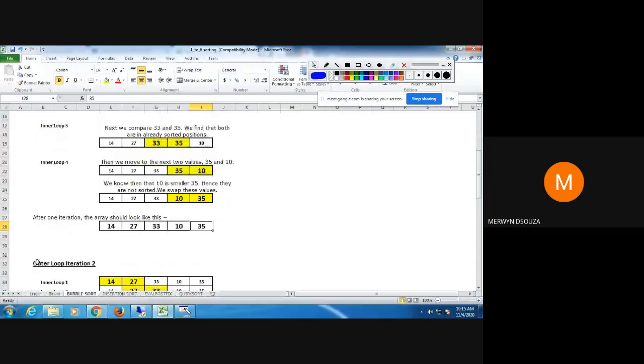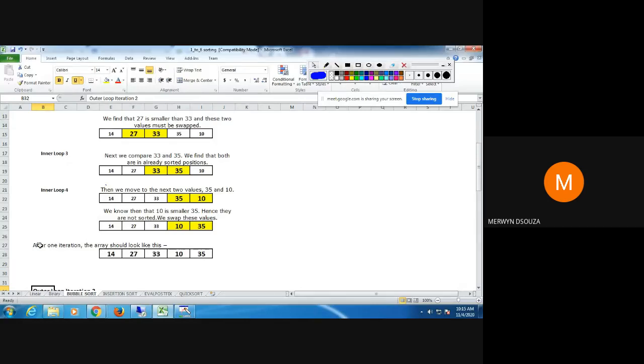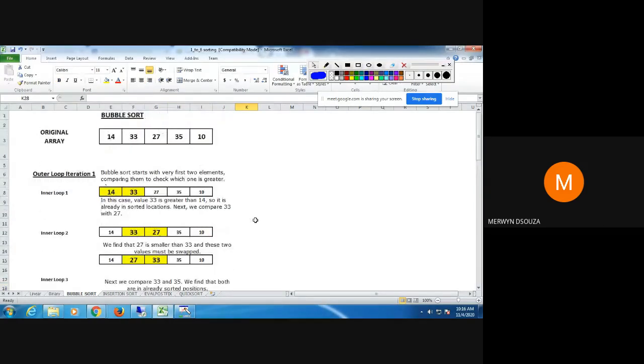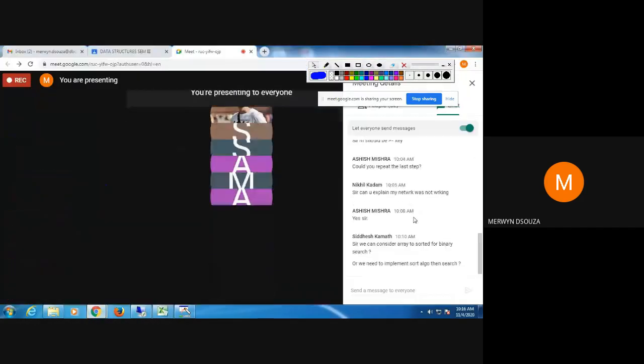In the next step, what should come in which place? Can you tell me before we do it? Now in this first step, 35 has come in the proper place. In the next step, which is the second largest element? The second largest element is 33. So in the final output, where should 33 be? 33 should be in this index here, the fourth index. So in your second step, 33 will come here. We'll see how that is done. But before that, have you all understood this first iteration? Is it okay?